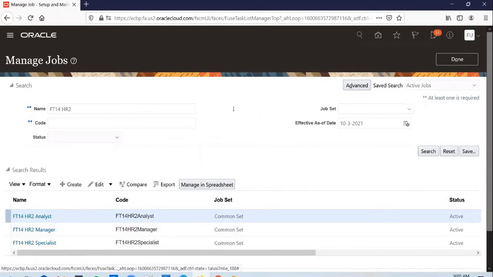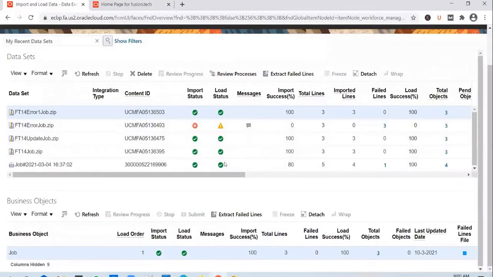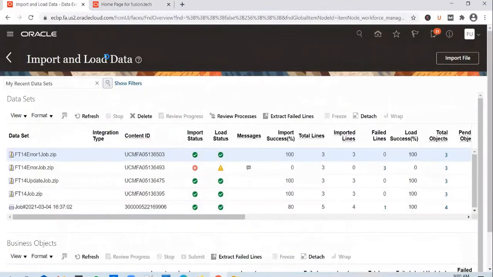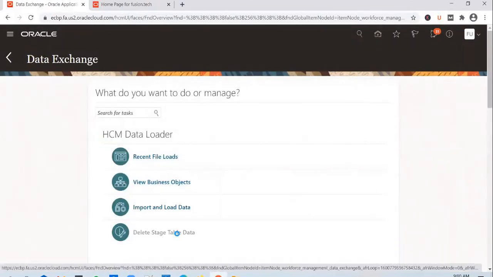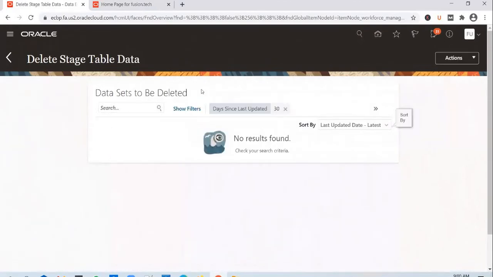Okay. And what is the third option available? The third option is obviously to purge the data from the stage tables so that you can load in a new file. So that option is available in the delete stage table data here. If you want to delete the data from a staging table for a particular file, you can create an action.